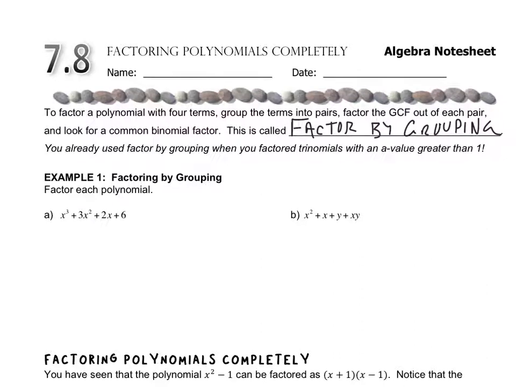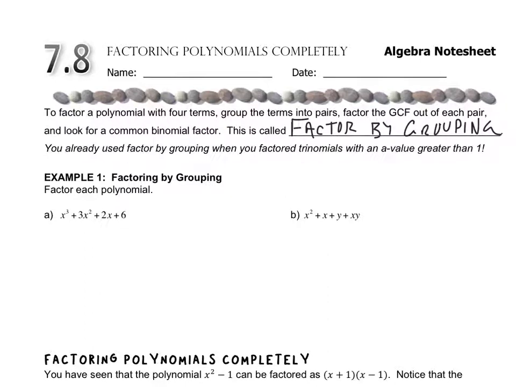Today we're going to talk about factoring polynomials completely. This is kind of the last section of this chapter on factoring, and it's tying a lot of the stuff together. We're first going to talk about when we start seeing polynomials with 4 terms, not just the 3 terms or the 2 terms that we've seen, where we're going to be trying to get the terms together into pairs, and we're going to factor with the GCF, which goes back to the beginning of this chapter, and then look for that common binomial factor, which we just did in the last section